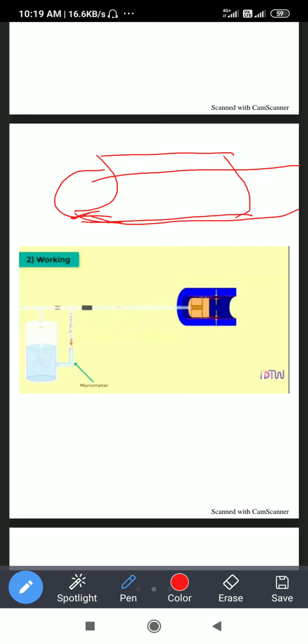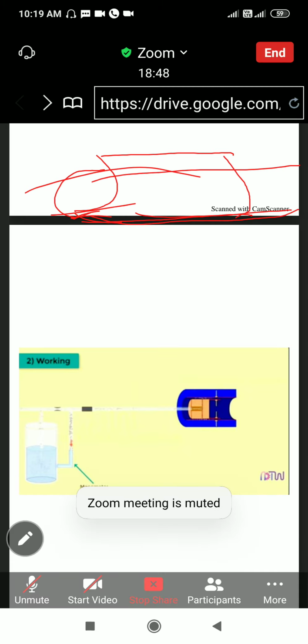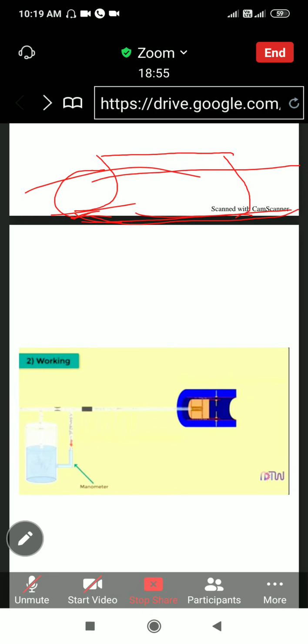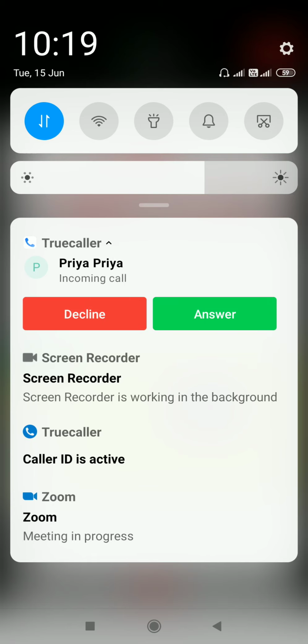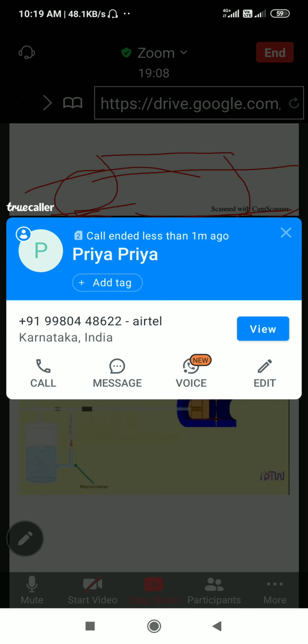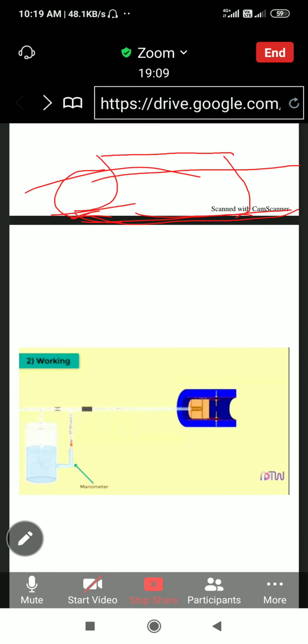So, the air will pass on both sides, from the upper side and the other side. When the air passes from both sides, what will happen? The air does not generate